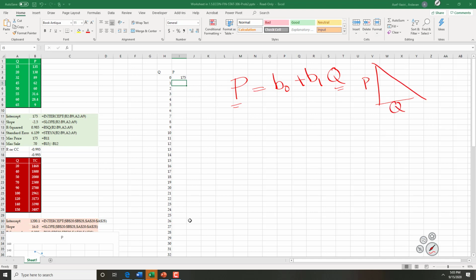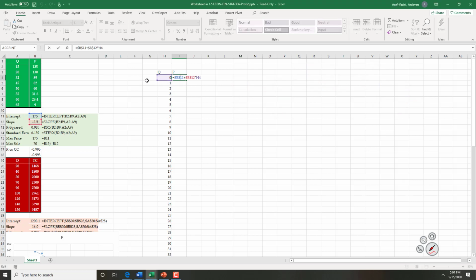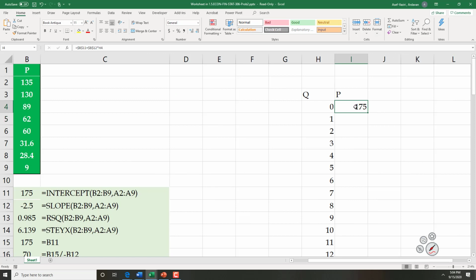And in this situation, we are talking about the linear demand curve. B0 here is this intercept. B1 here is this negative 2.5. So price is equal to 175 minus 2.5 times Q, and then